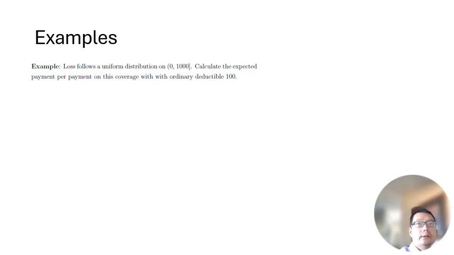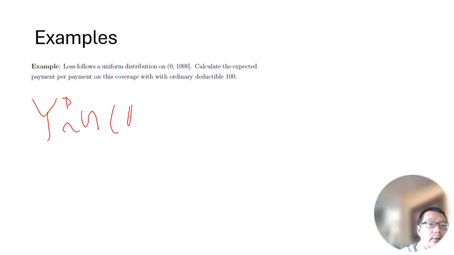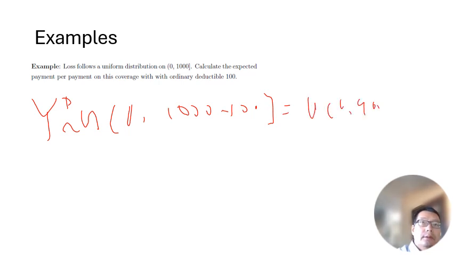Now this is a uniform distribution, so we can write it as follows. The payment per payment follows this. So basically it's this, and we know the expected value for this